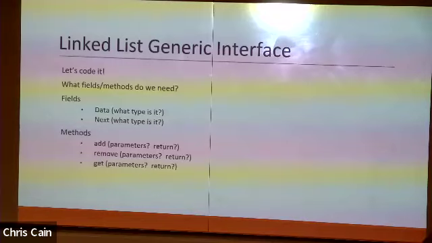How about get? Index again. Yep, it's basically the same thing, except we don't actually remove it from the list. We also need a size. We need some kind of either toString or print nodes or some kind of ability to see what's in the